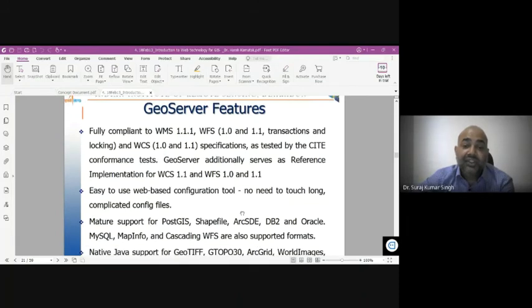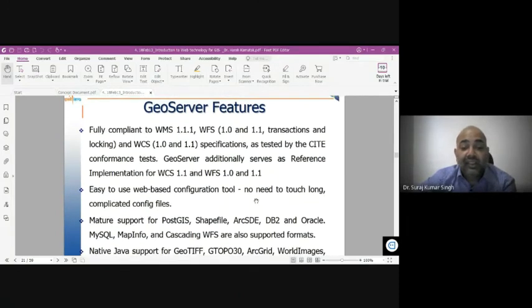So what are the features? As we have already studied, it is fully compliant with WMS 1.1.1. Then these are the various versions: WFS 1.0 and 1.1, transaction and locking, WCS 1.0 and 1.1 specification as tested by the CITE conformance test.